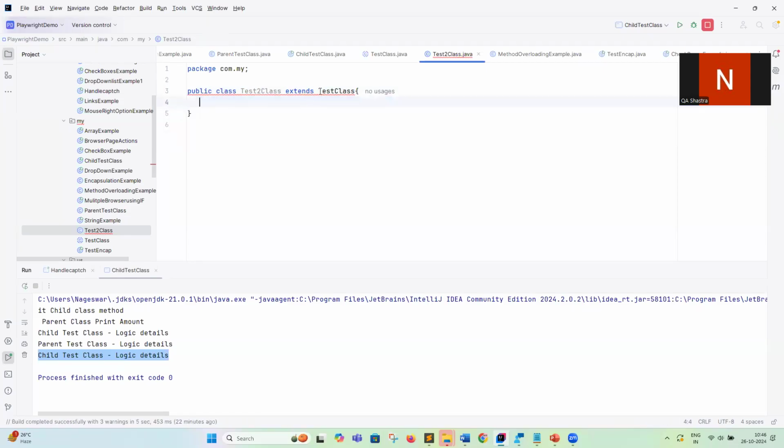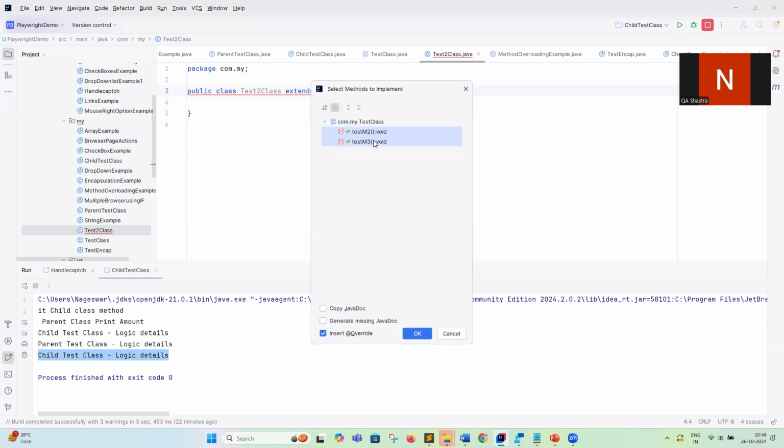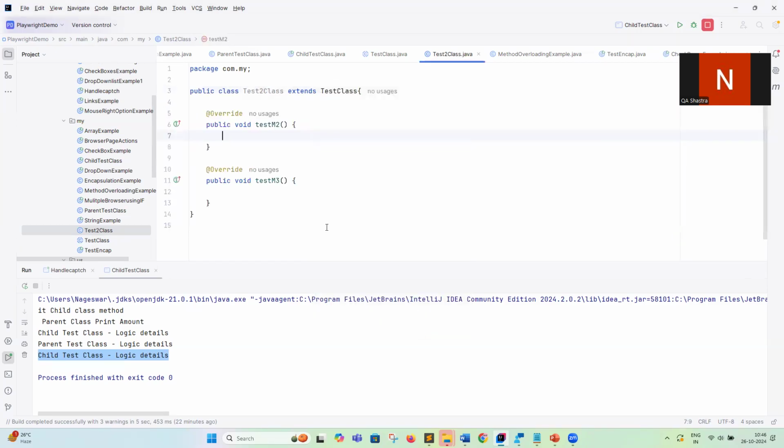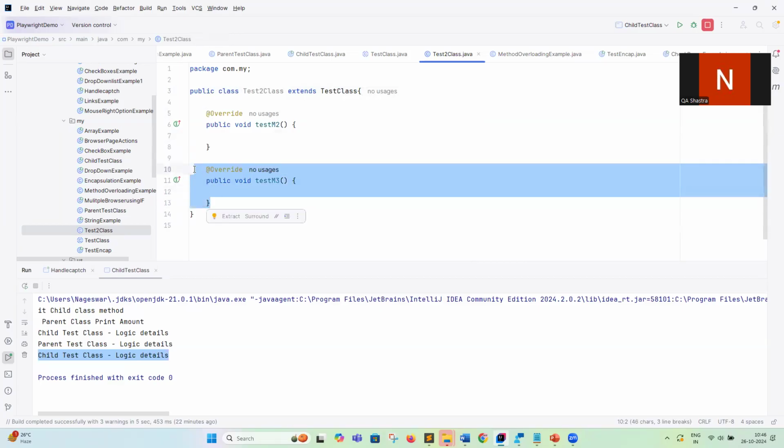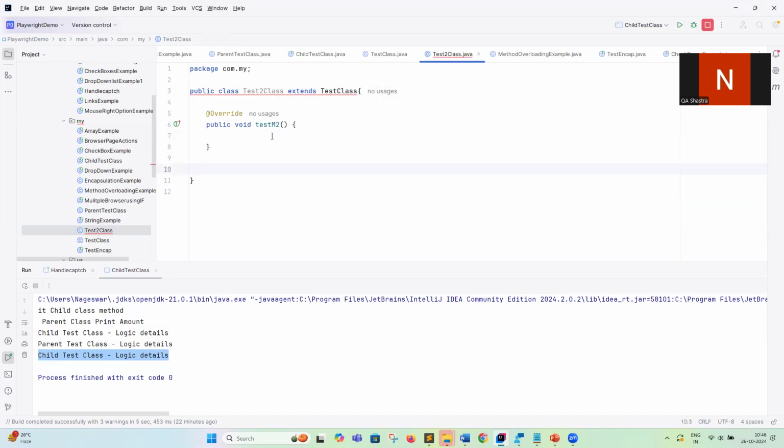Now we give the implementations. Generally, we give both implementations, because I updated it to two methods, M2 and M3. So I give the implementation of the M2 method and the implementation of the M3 method. Suppose I'm still not sure about the Test M3 method implementation. Now it throws an error, because when you extend,